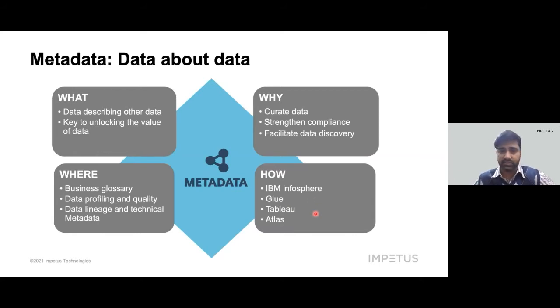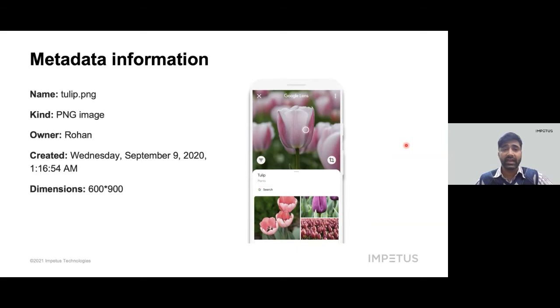Coming to the next slide, I'm going to present an excellent illustration on the power of metadata. I'm sure you have used this tool called Google Lens, which we know is capable of scanning an image and presenting all the related information about that image. But interestingly, what we may or may not know is that even Lens uses the metadata information at the image's host site. Based on that, it determines the ranking and relevance of the related data it finds in its system, and presents the user the same data. That's the power of metadata.